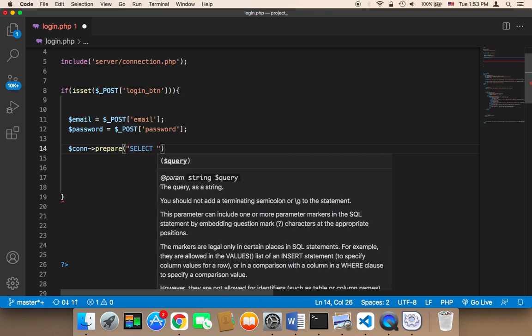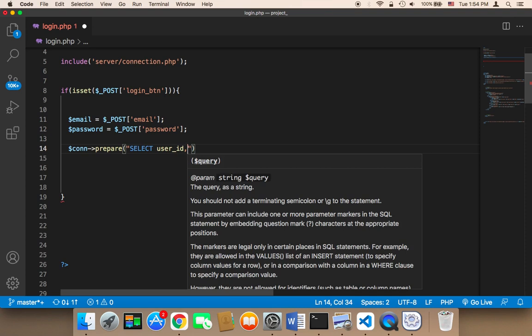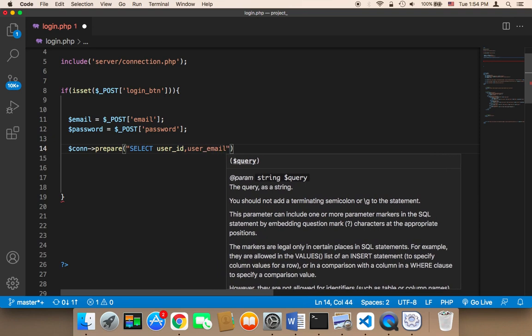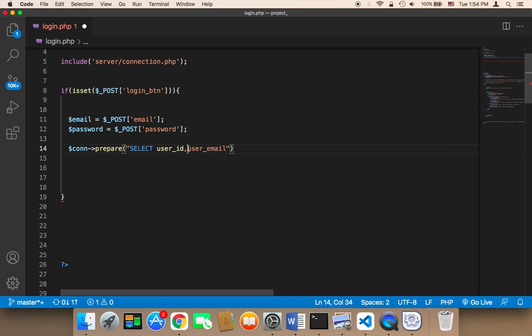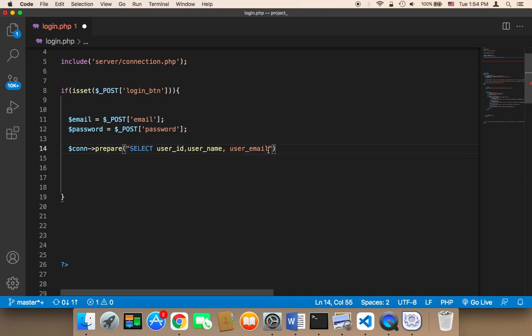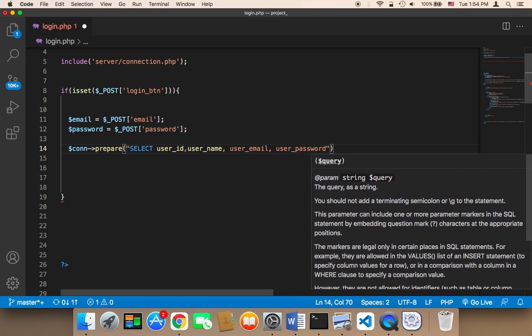We want to select the user ID and the username as well. I'm going to first say user_name, and comma, and then user_email, and user_password, where